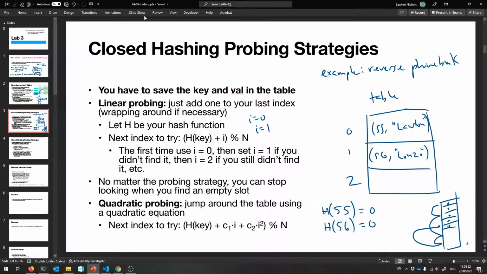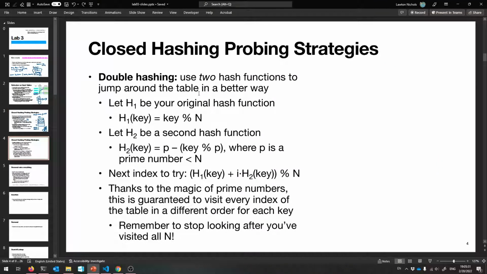Okay, we like that idea. So that's quadratic probing. That's much better than linear probing, but still not the best. The best way of solving this where to put the next thing problem is to actually use a second hash function. This is called double hashing. You have to use 2 hash functions now,